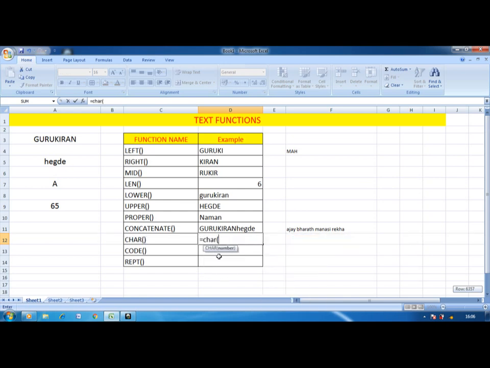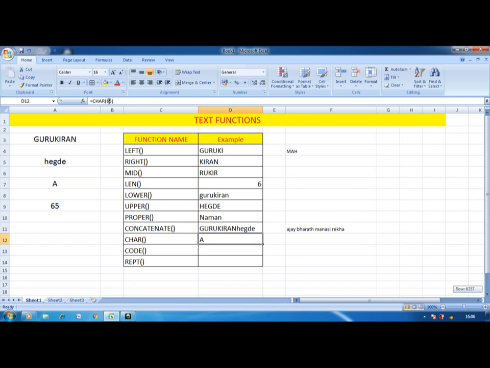Here it shows a number. See, normally capital A starts from 65. 66 means capital B. 67 means capital C. In the same way it continues. So here I will write 65. So here it returns capital A.